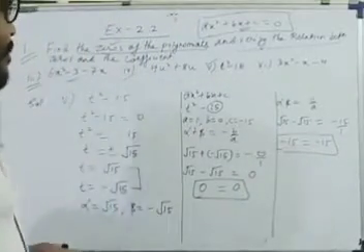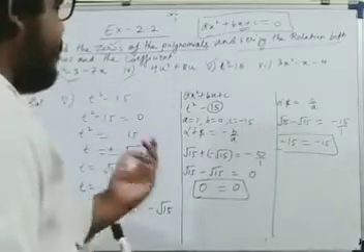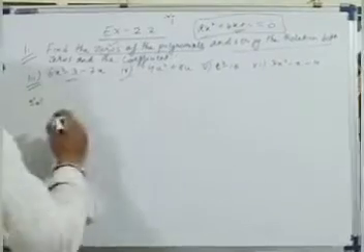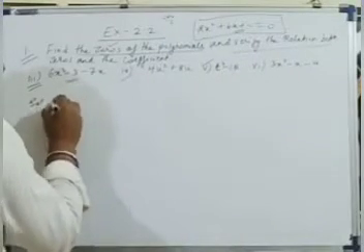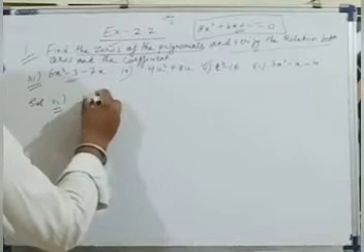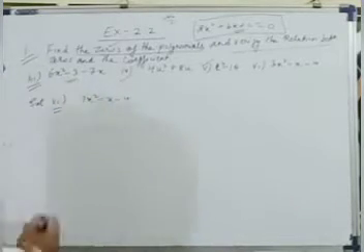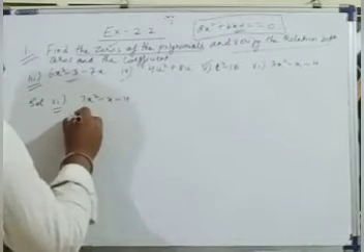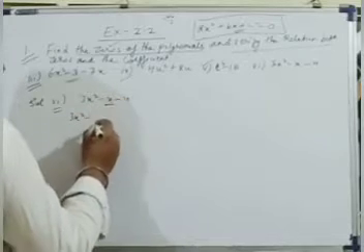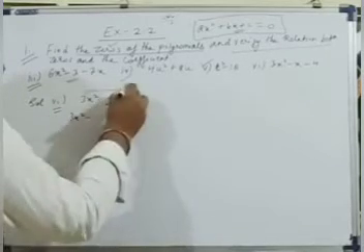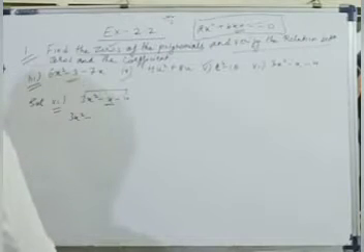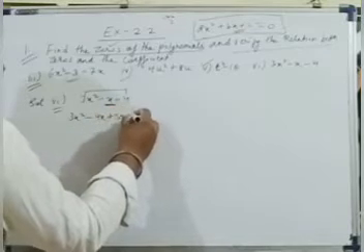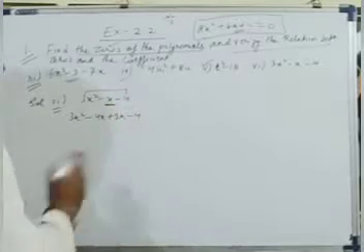Okay. So the next and last part, number 6. The sixth part is 3x square minus x minus 4. In this expression we have 3 terms, so we can simply do middle term splitting. So 3x square minus x minus 4, split this minus x. So 3 into minus 4 is what? Minus 12. So we can split this minus x as minus 4x plus 3x. Minus 4 into plus 3 is minus 12.